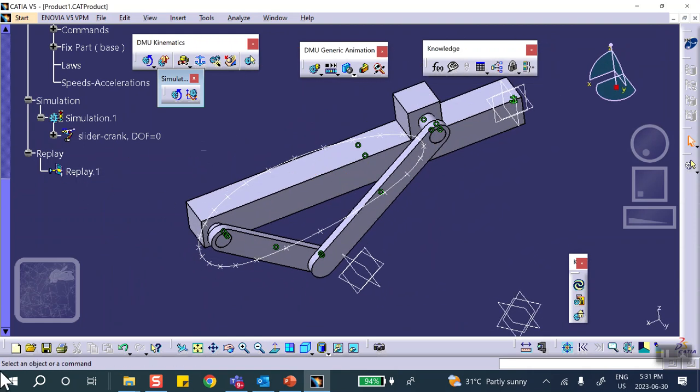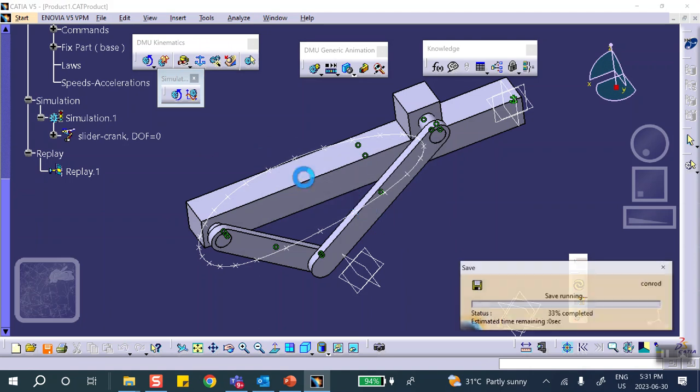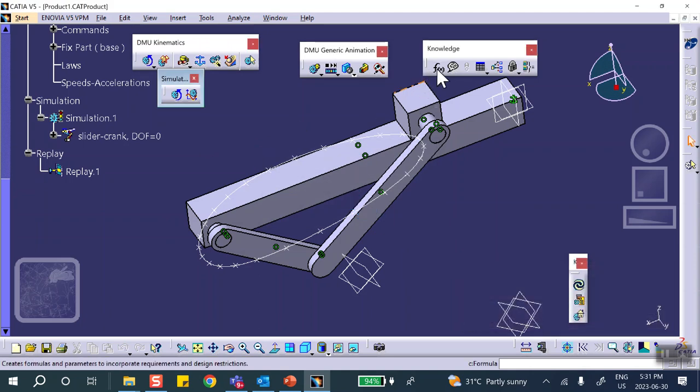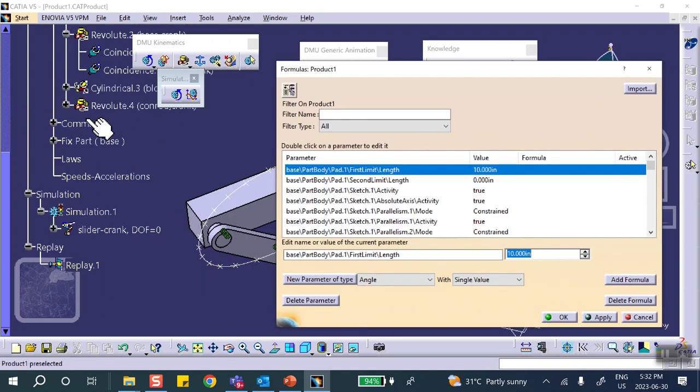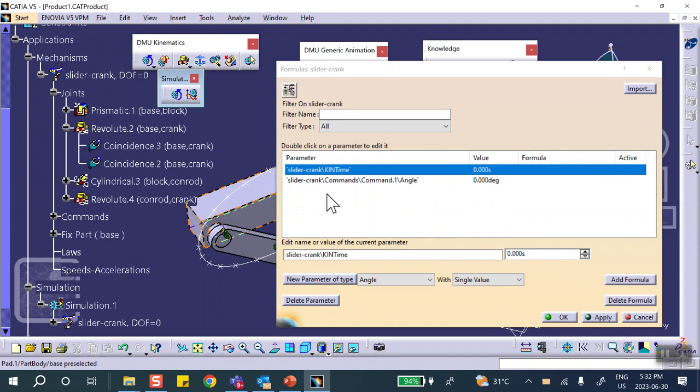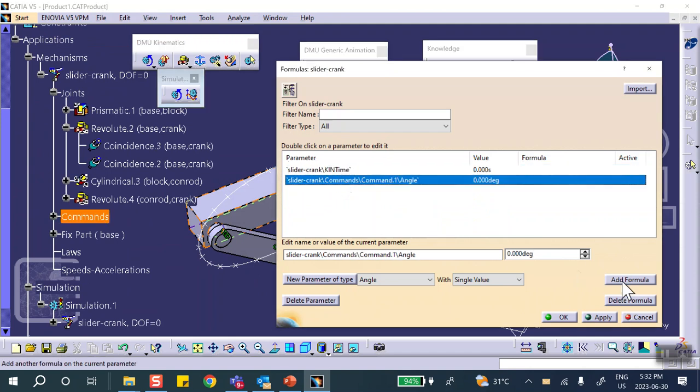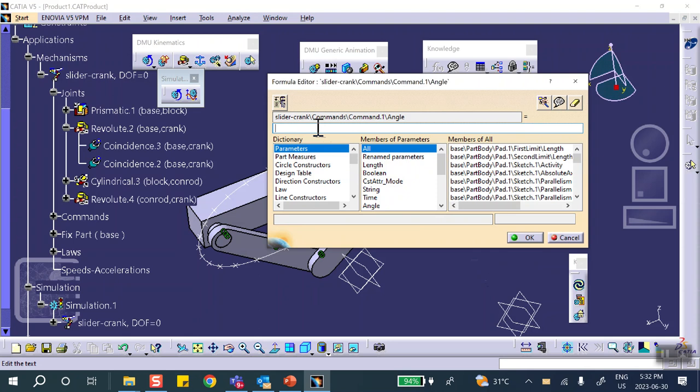So first of all, we save everything. Click on f of x. We don't want everything. We want the stuff only related to the mechanism. So click on the mechanism. Just these two. This is the angle of the crank. Add a formula equal to, if it's 1 cycle per second, or 2 pi radians per second, or 360 degrees per second, that's what I'm going to type. 360 deg underscore s. So 360 degrees in 1 second